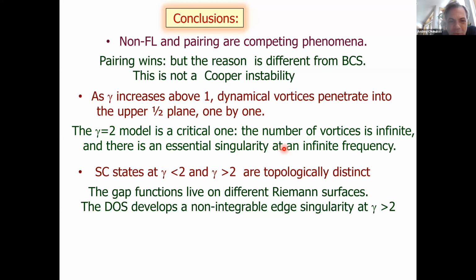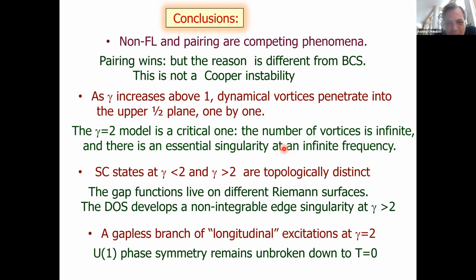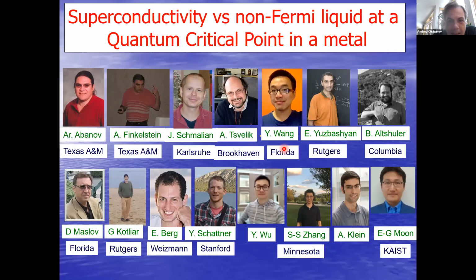So this is the story, and let me flash conclusions. I already said essentially all of this. The story with dynamical vortices, I think it's a nice story because it really brings topology into this field. And there's a story about critical fluctuations at the transition point. Quite a number of people contributed to various aspects of the story,